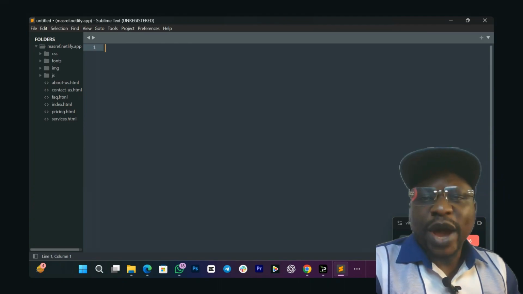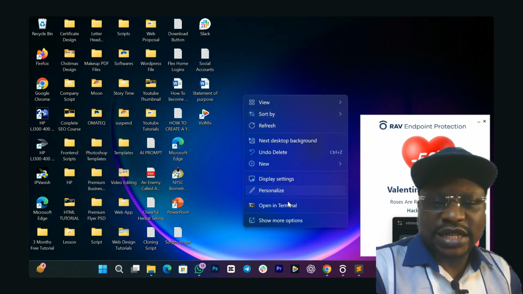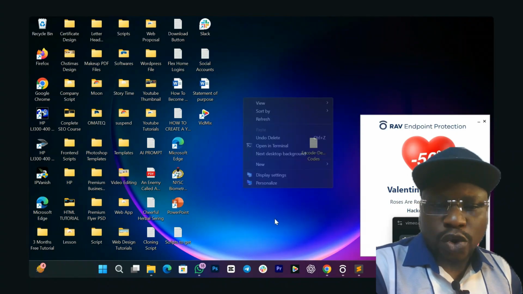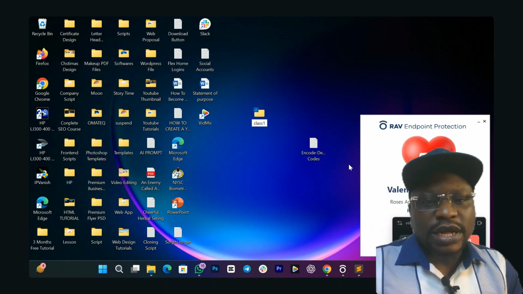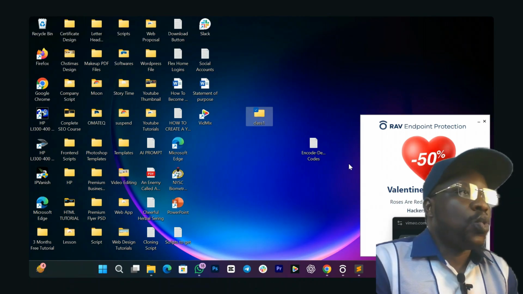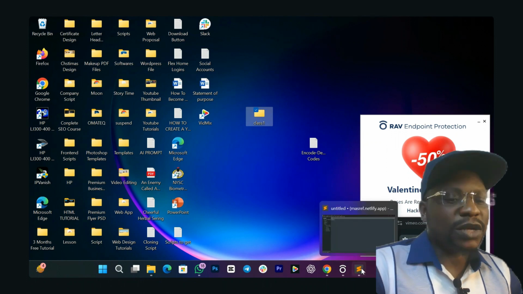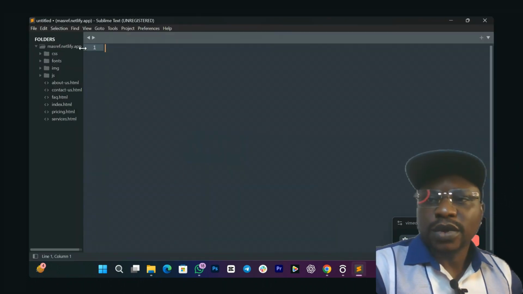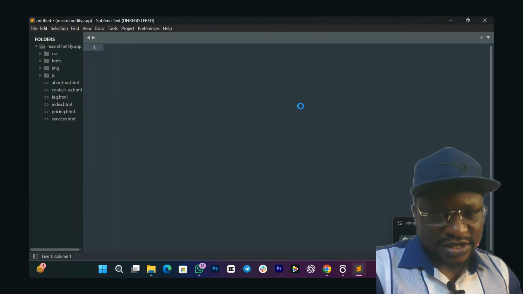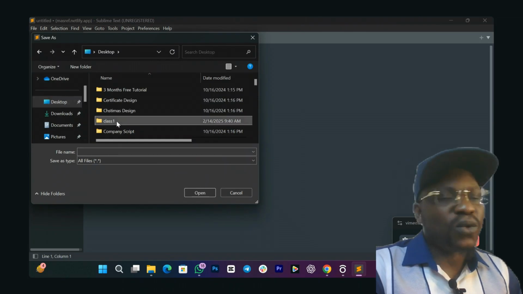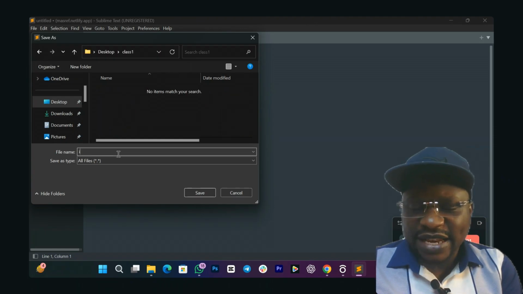Is that okay? So when you come here, before you do anything, go to your desktop and create a new folder. So I'm going to create a folder that is called Class 1. Now, the reason why we are creating this folder, we are going to save all our files inside this folder. Is that okay? So once you are done, come back to this your Sublime Text editor. Click on File, click on Save As, then click on Desktop, then locate that your folder that you created, Class 1. Open the folder and the file name, save it as